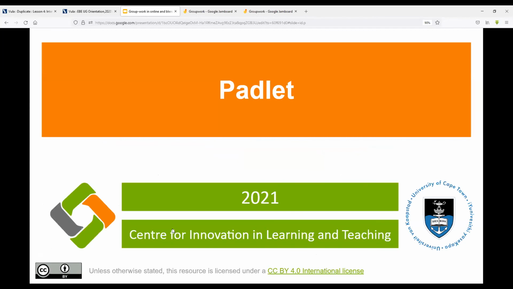So Padlet is, I think of it as a pinboard tool, really, although you can pin multiple things to it. So you can pin video to it, you can pin photographs to it. One of the things that many people have reported struggling with in the current context is that they just can't imagine the people they're working with. They haven't met them physically.